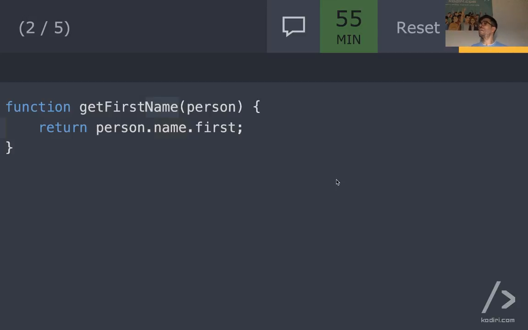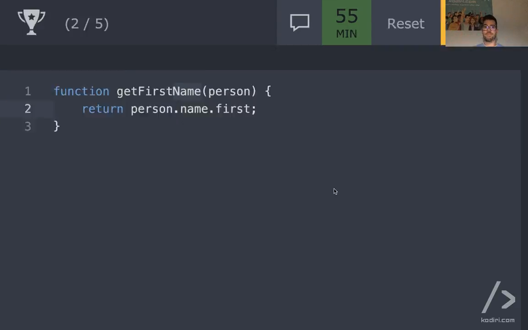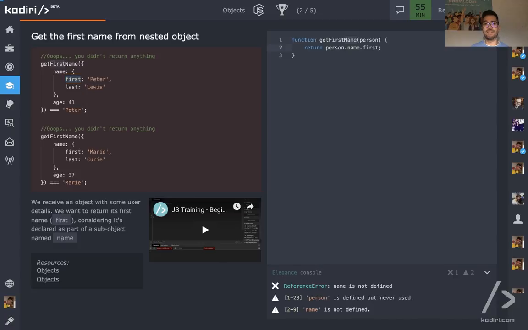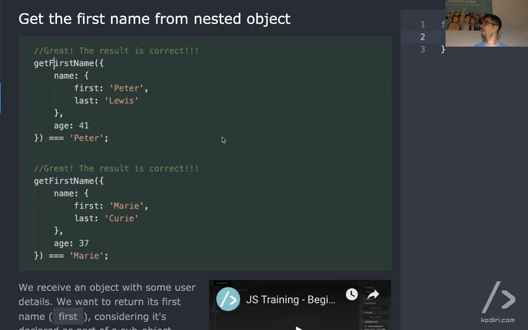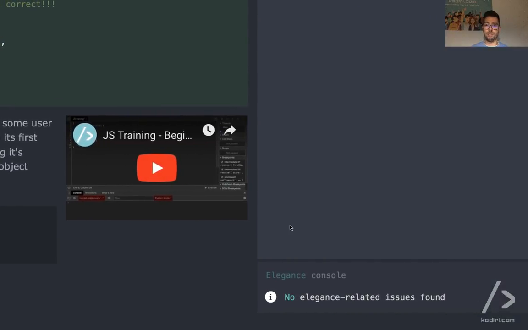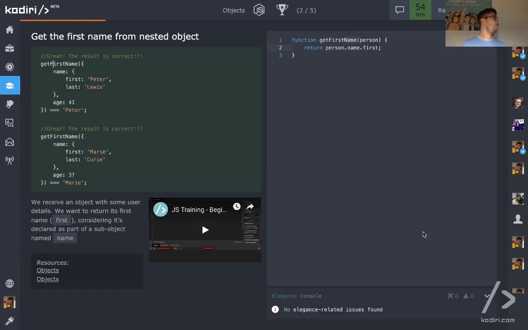Yeah? Will this work, guys? Will we get any penalty from the elegance point of view? It doesn't look like, right? That looks pretty sexy, solid, simple. So let's evaluate that. That's correct. Look, all green, and then from the console point of view, no elegance related issues found. Any question? No? Right. So question number